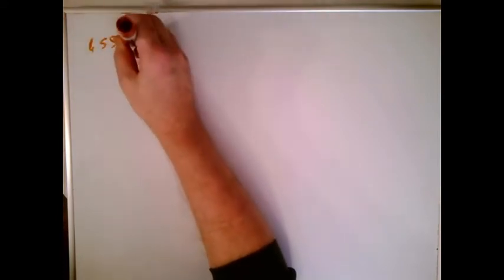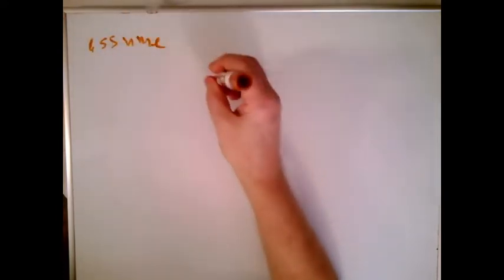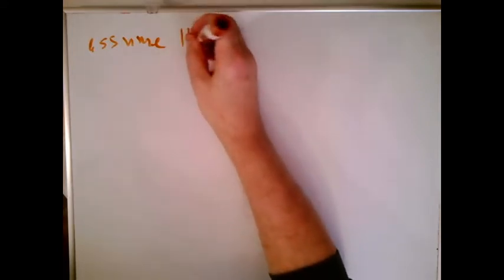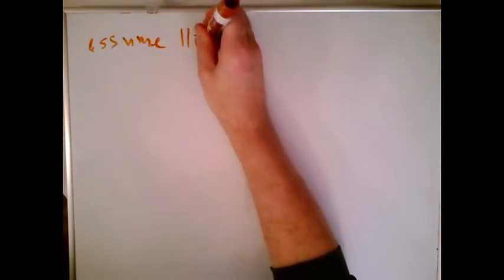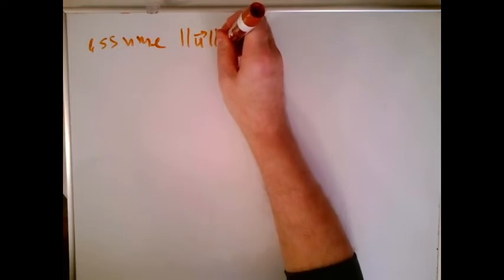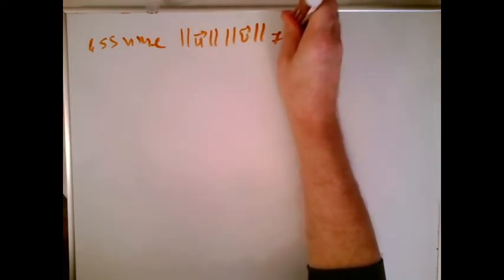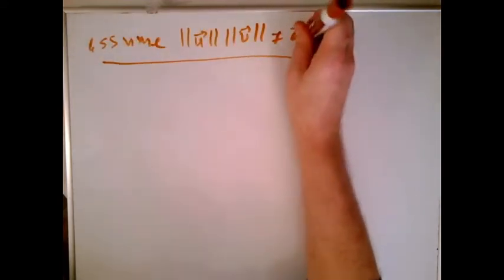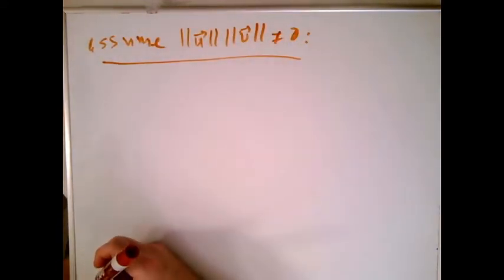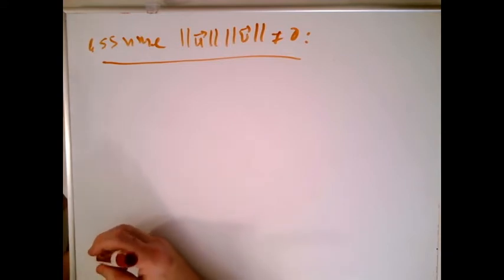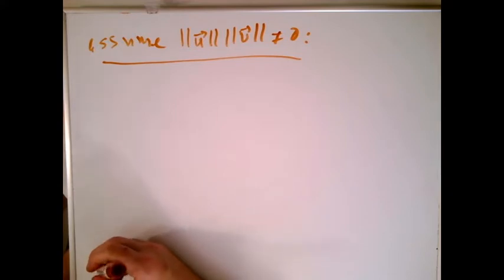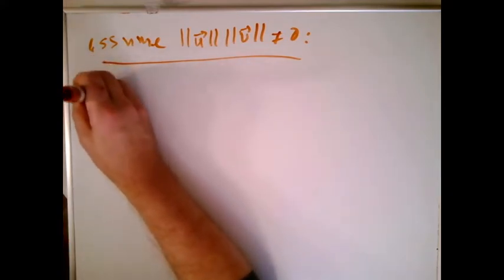We're going to assume, and we can do this in a single statement, and you'll see this a lot in further proofs, but not in this course, that the length of u times the length of v is not 0. That's exactly the same thing as saying both u and v aren't the 0 vector. Okay, so assuming that neither vector is the 0 vector, then we're supposed to show